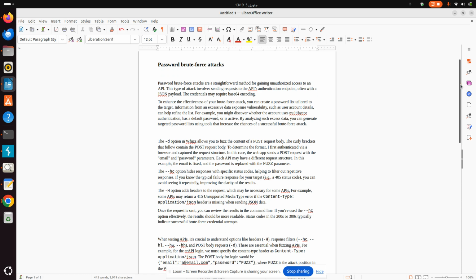To enhance the effectiveness of your brute force, you can create a password list tailored to the target using information from the excessive data exposure vulnerability. Such user account details can help refine the list. For example, you might discover whether the account uses multi-factor authentication, has a default password, or is active. By analyzing such excessive data, you can build a targeted password list using tools that increase the chance of a successful